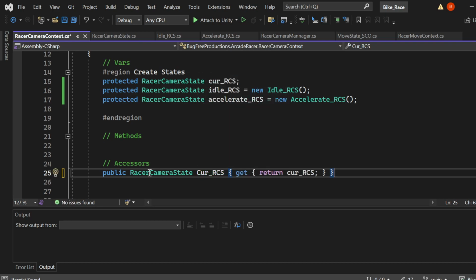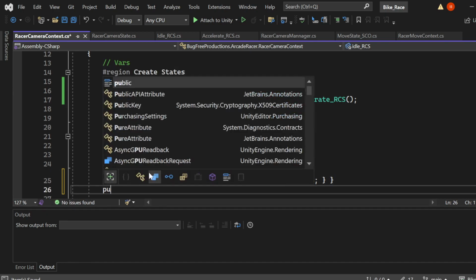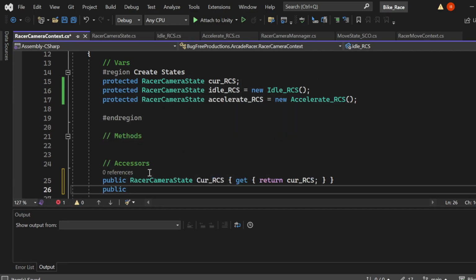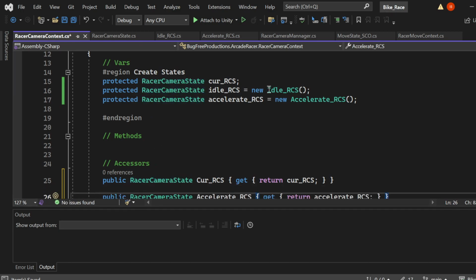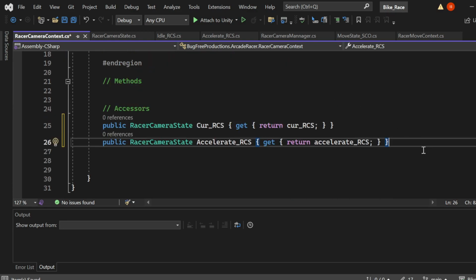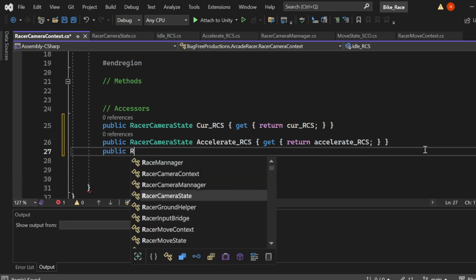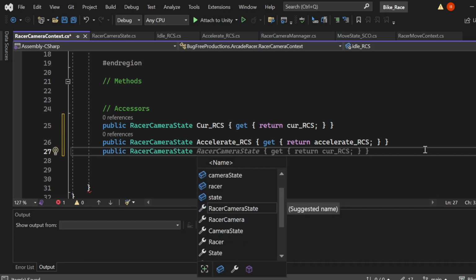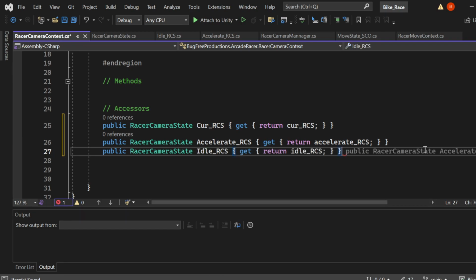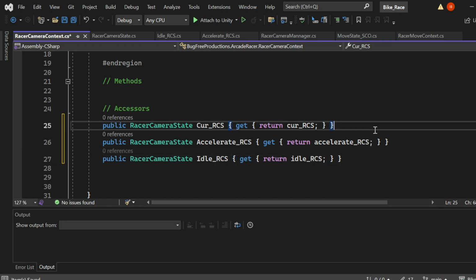Return cur RCS. Public racer cam state accelerate. So that one is a real thing always. And then public racer cam state idle_RCS. That should be good